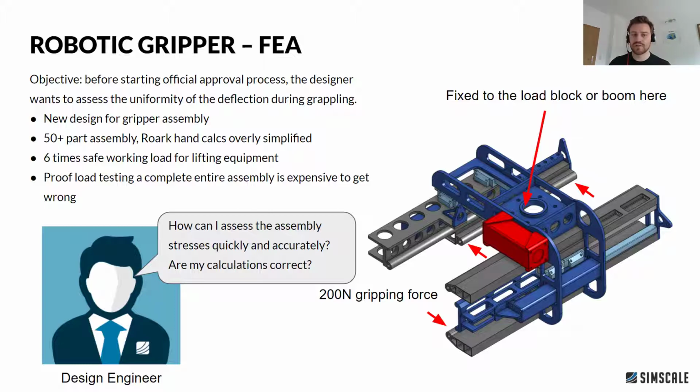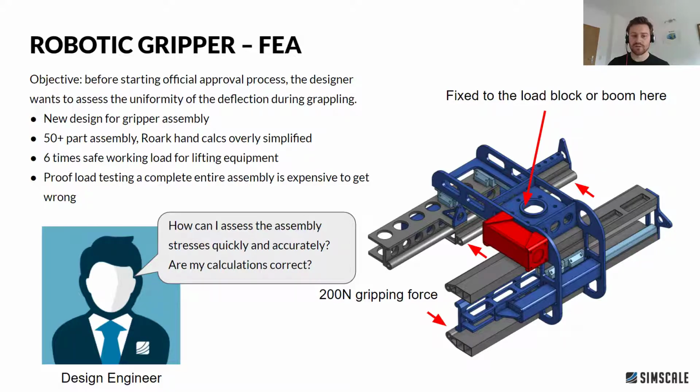This is a new design for a gripper assembly, and it's a relatively complex assembly. We've got over 50 parts, and if the designer was to use hand calcs for this, it would oversimplify the situation. Because it's lifting equipment, we're going to be working to 6 times the safe working load for the lifting equipment. And essentially, we want to avoid having an expensive repeat of a proof load test at the end